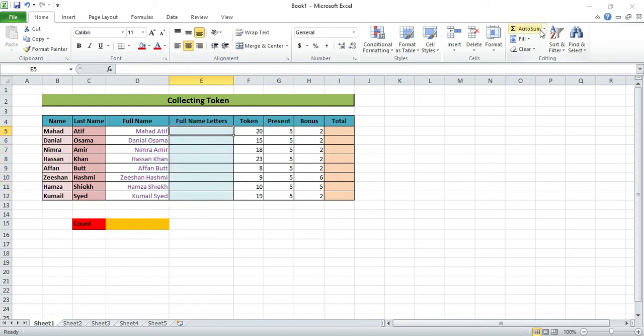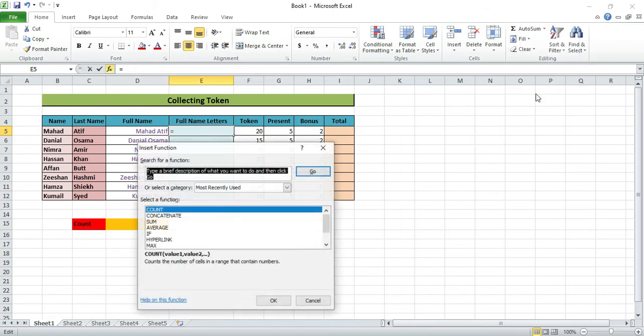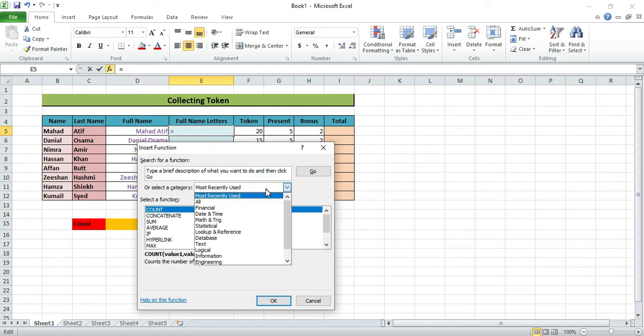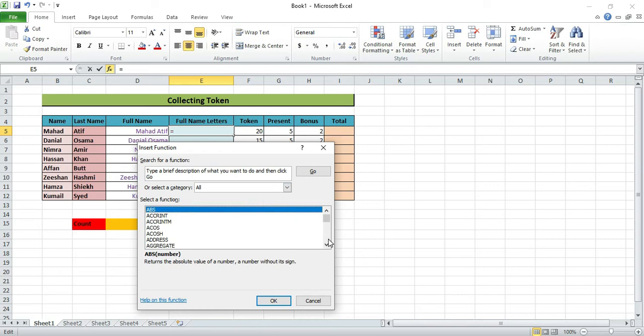Okay class, now we will find the full length of letters. How many letters are there? We will count. First of all, you have to click on it, then you have to go on this one, use more functions, find out if it is in the recent, there is a LEN function.